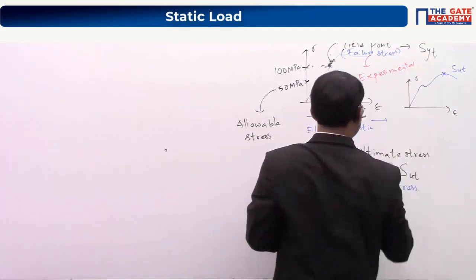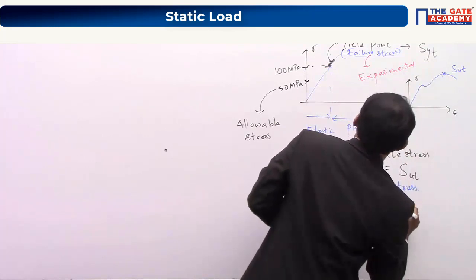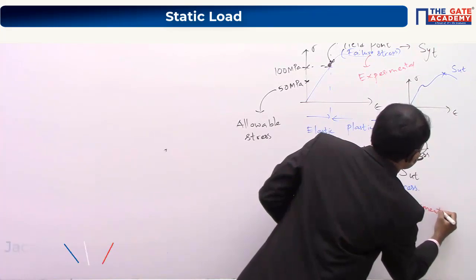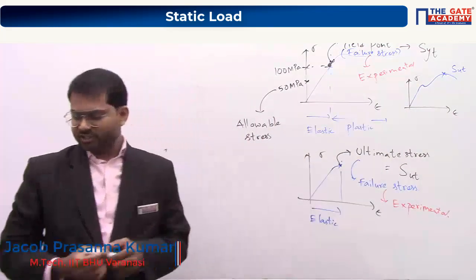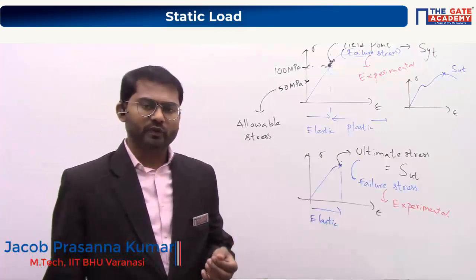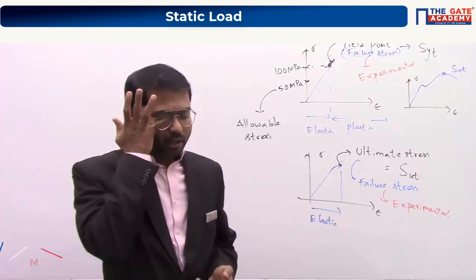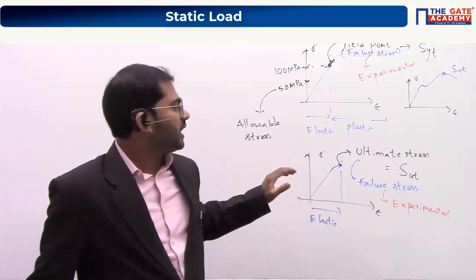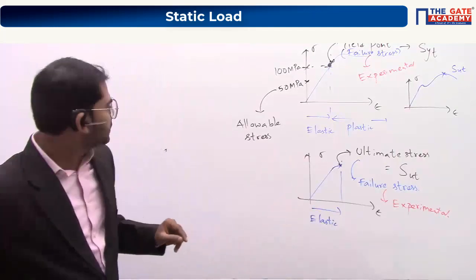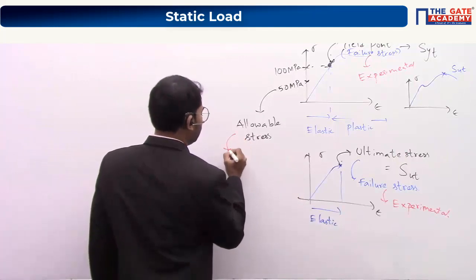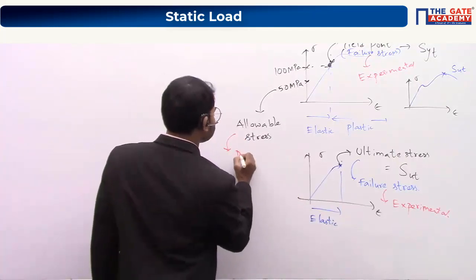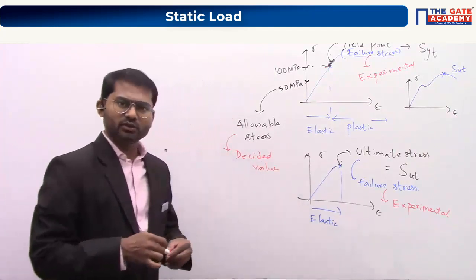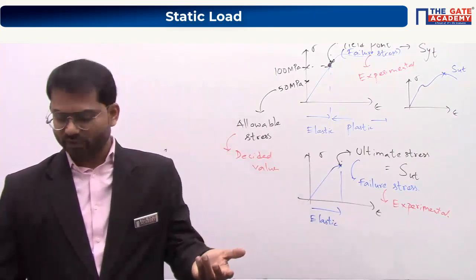You cannot calculate them using some equations. You will be doing testing with a universal testing machine. You might be using that machine to find out tensile strength, compressive strength, etc., and using them you evaluate these values. Understood? So failure stress value is always experimental, and the allowable stress value is something you have to decide. Based upon your way of designing, you decide that value. It's your choice.